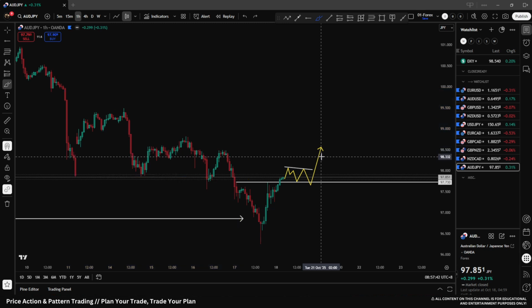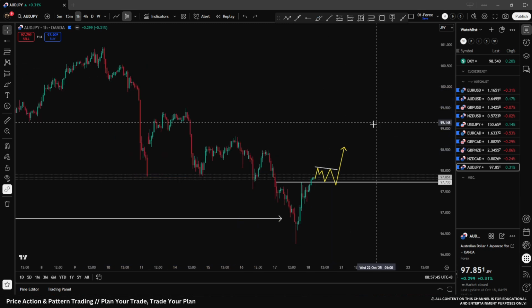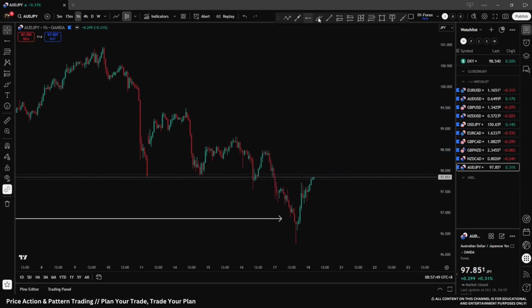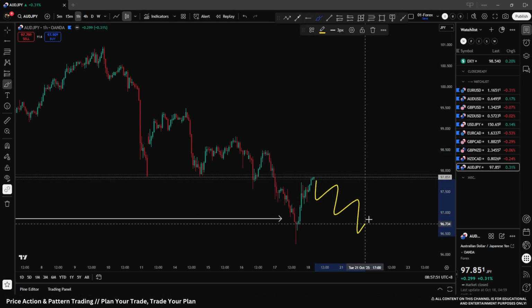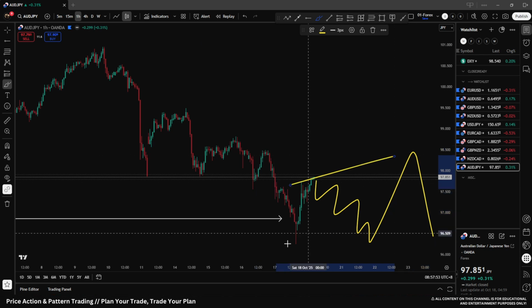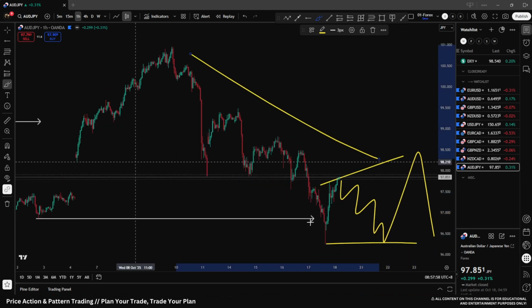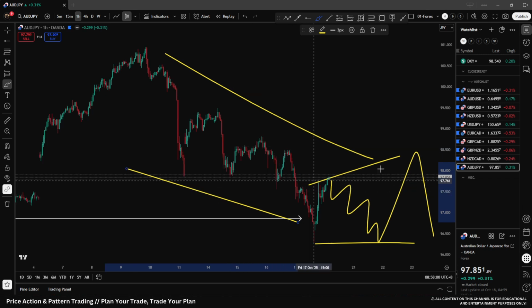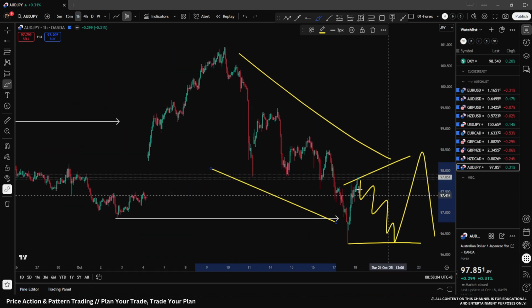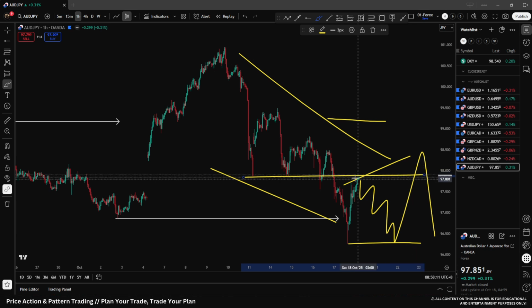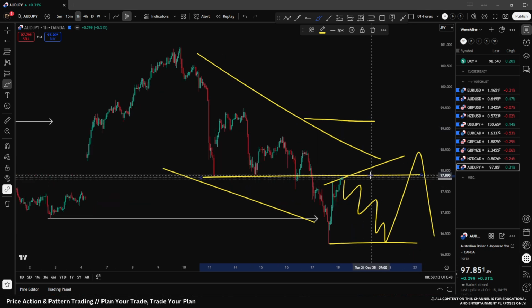I would change my bias if we suddenly start seeing corrective price action from here and then a more flat bear flag structure, that would then mean we have the classic running channel ending on a flat flag to then drop out to the downside. So if I see such deliberate bearish price action, I would change my bias. But initially for now, early next week, I'm looking for bullish continuation.